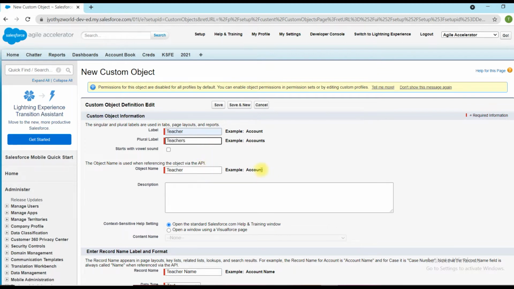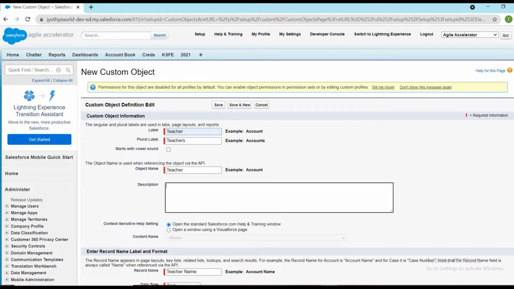For the object name, this value along with the underscore c will be used for any code in Salesforce, like within an Apex class. In that case we will use Teacher underscore c. If you want to provide a description of the purpose of this object, we can mention it here.